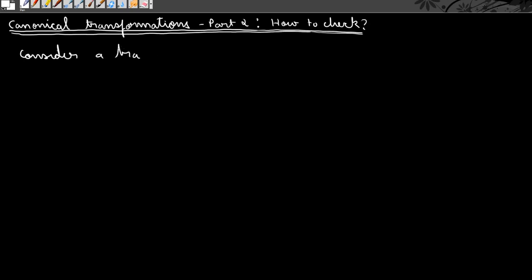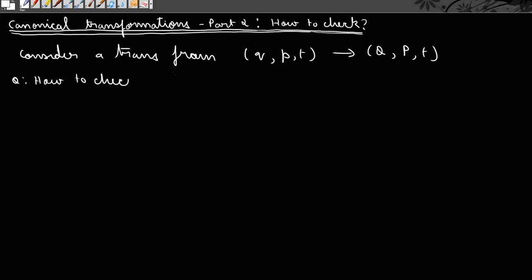Okay, so for this consider a transformation from our old generalized coordinates and momenta to some new generalized coordinates and momenta. Now the question is how to check if this is a canonical transformation. So how do we check this? Okay, so first of all,